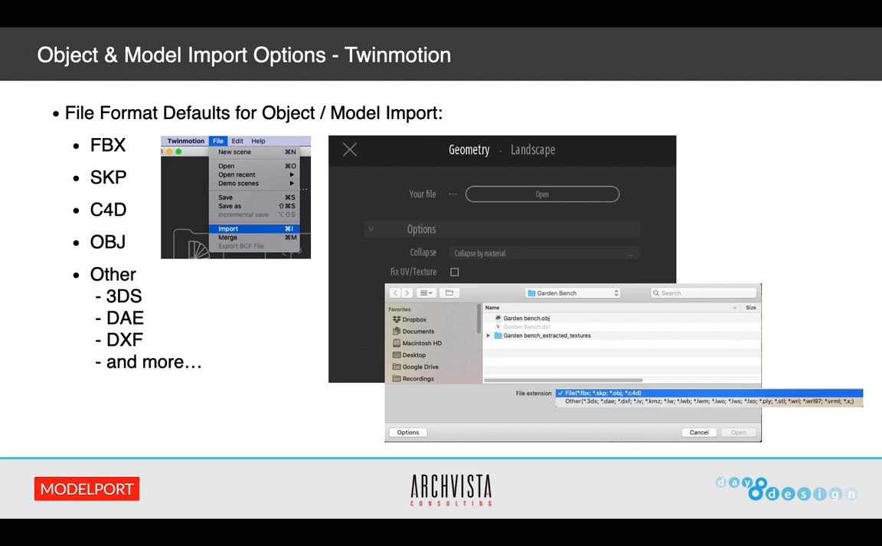Now on the Twinmotion side, when we import an object, it's not a BIM format, so it doesn't contain intelligent information. It's really more about the geometry. And so in that regard, we're typically using formats like FBX, SKP, which is SketchUp, Cinema 4D, OBJ, and then other types of formats like 3DS, DAE, DXF, and others. And when you go to import an